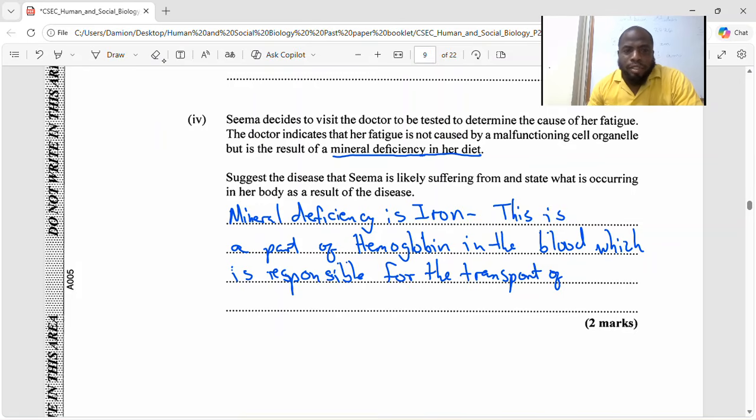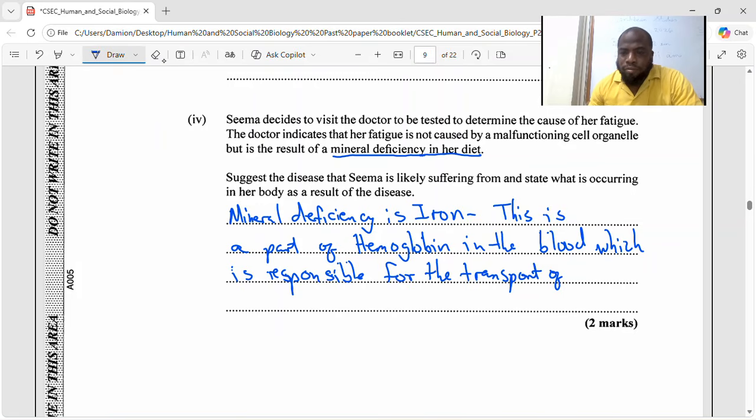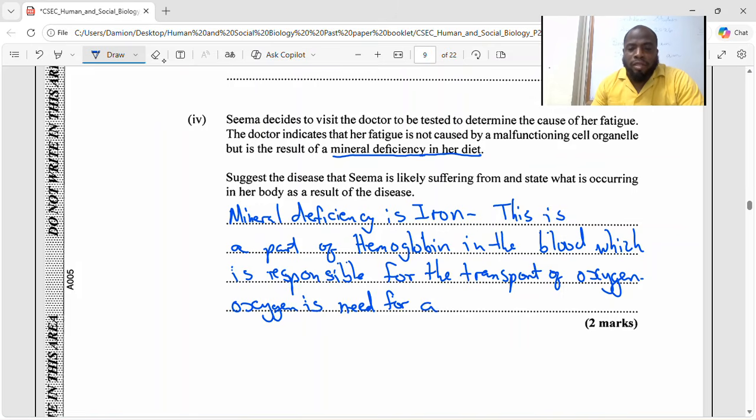So oxygen, as earlier we saw when we wrote the information for aerobic respiration, oxygen is needed for aerobic respiration